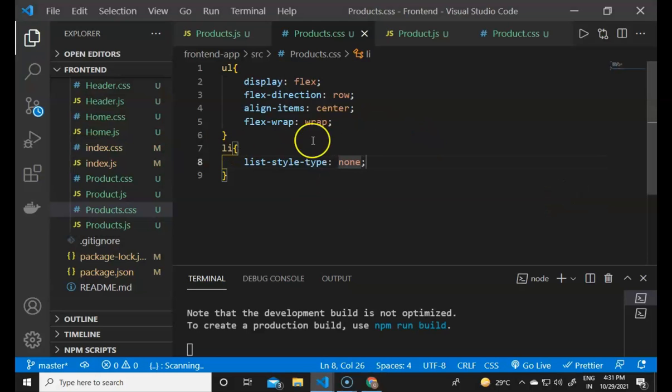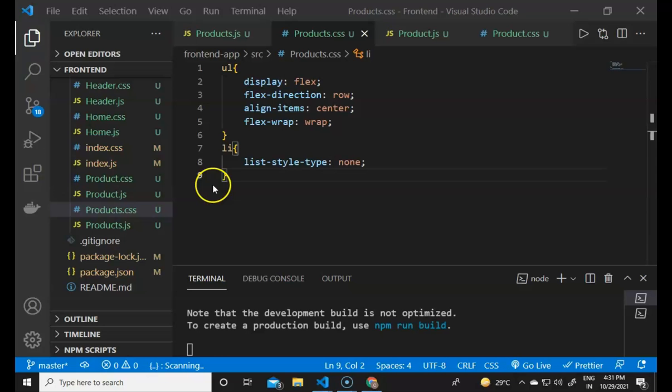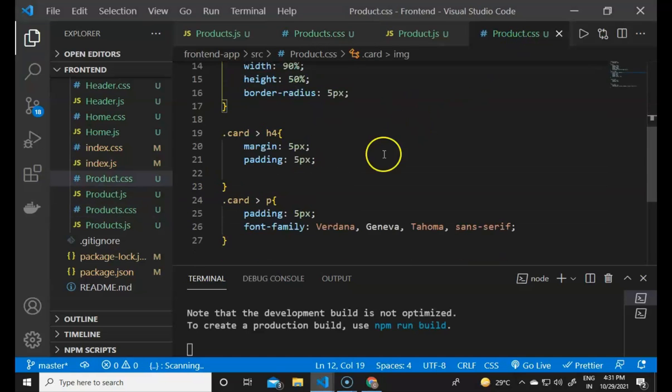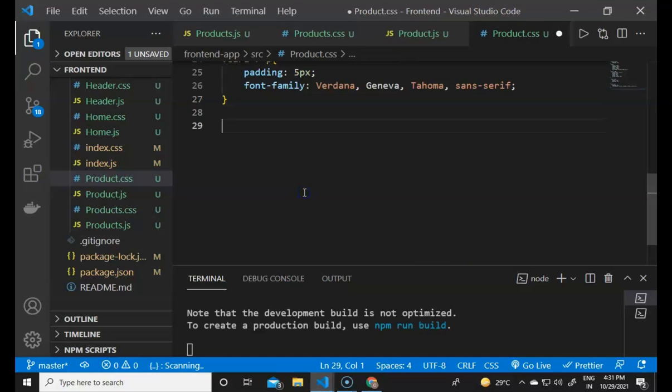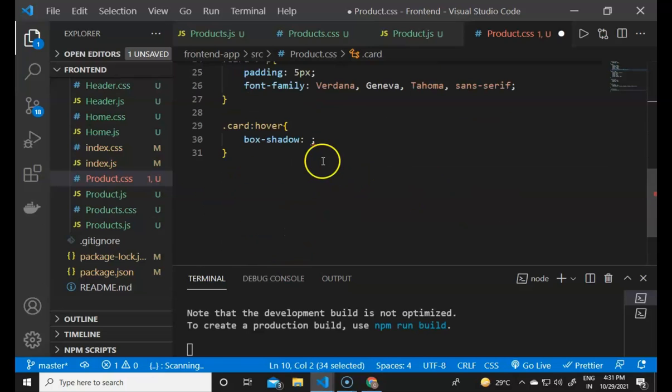So now we have to define some things, like after this card we have to define here the hover effect also, and for the hover effect, it will contain in the products.css file, like the card, and it will contain hover, and we have to define here the box shadow will be double now, as we defined this. So now it will be double.